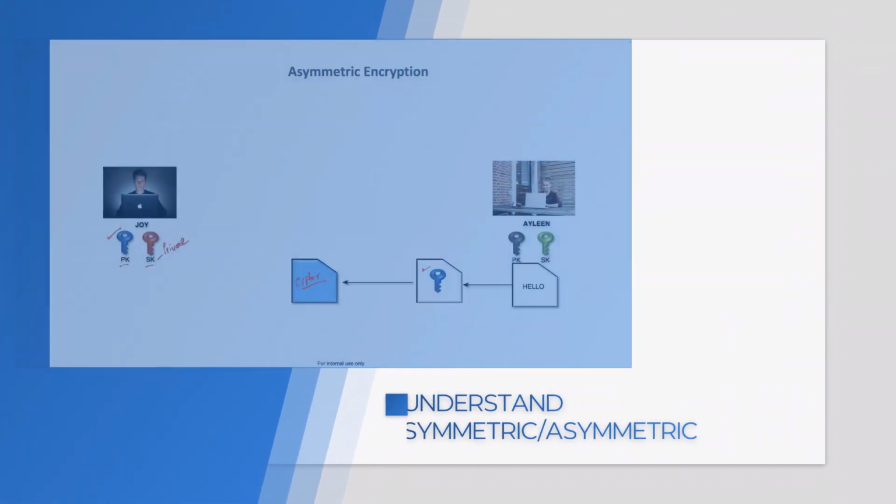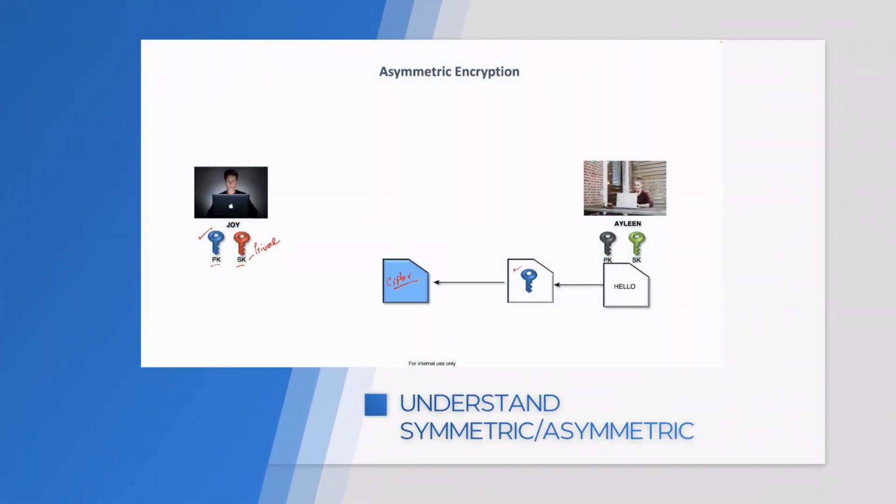You get a ciphertext. What happens at the other end? Now, what happens at the other end is Joy receives this message, right? Now,